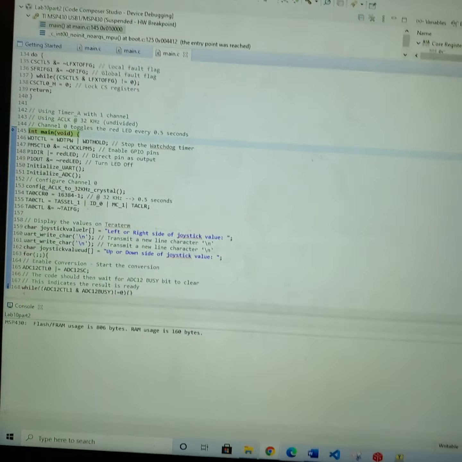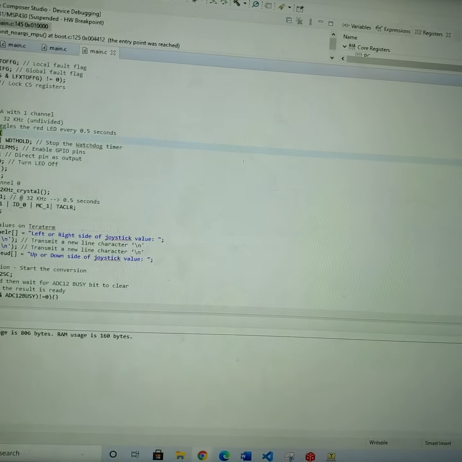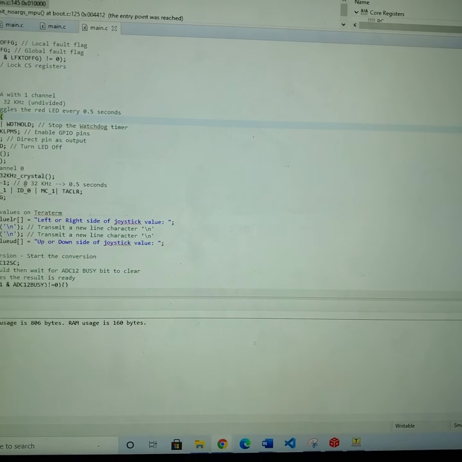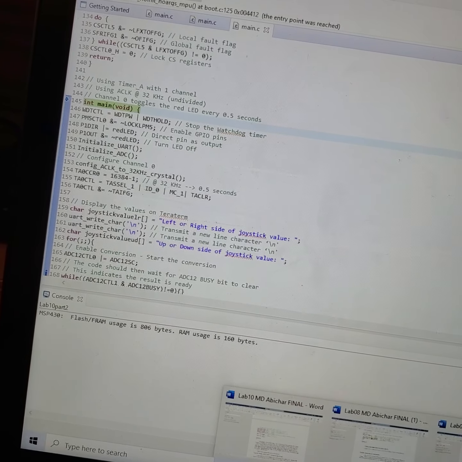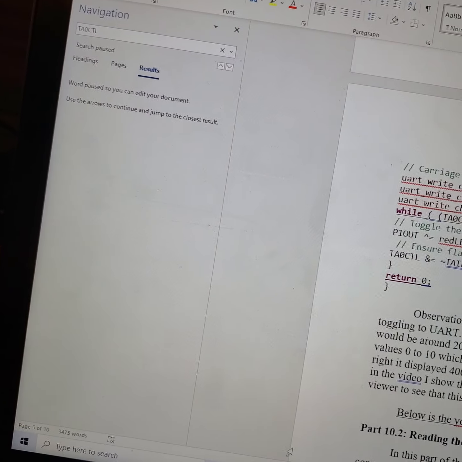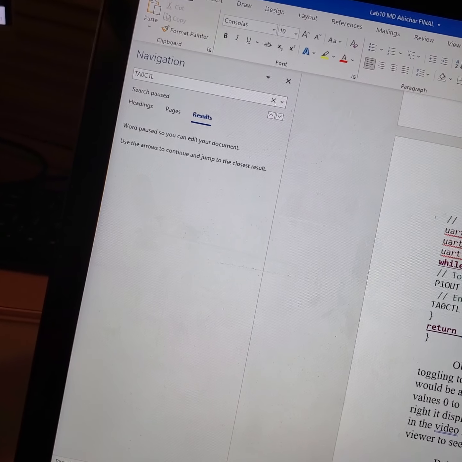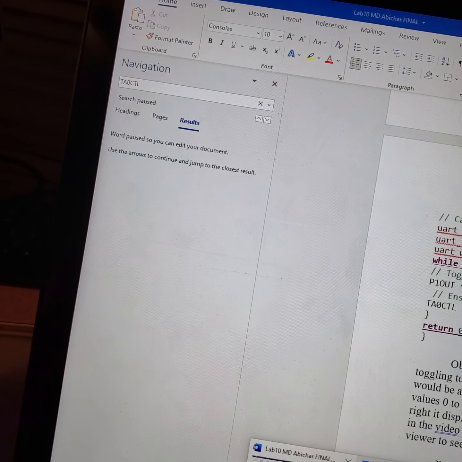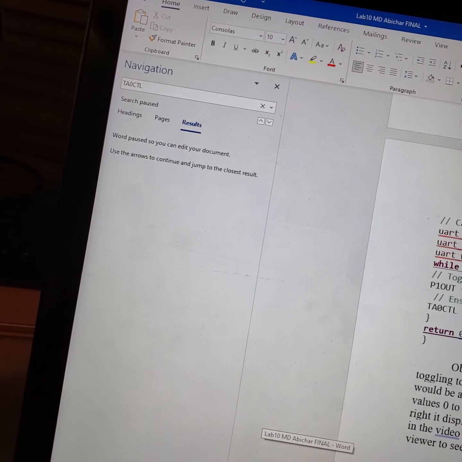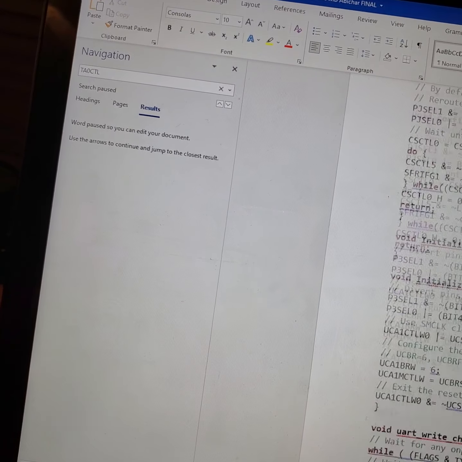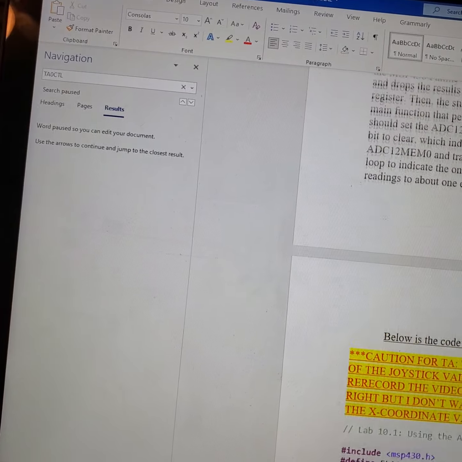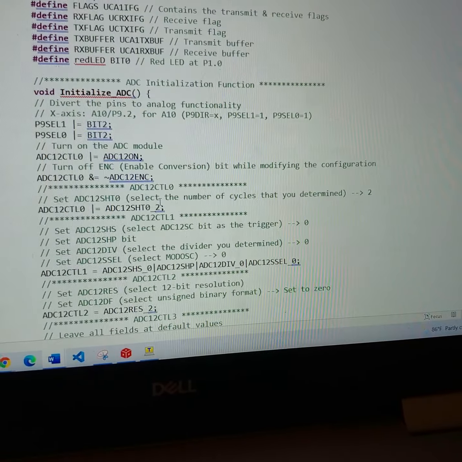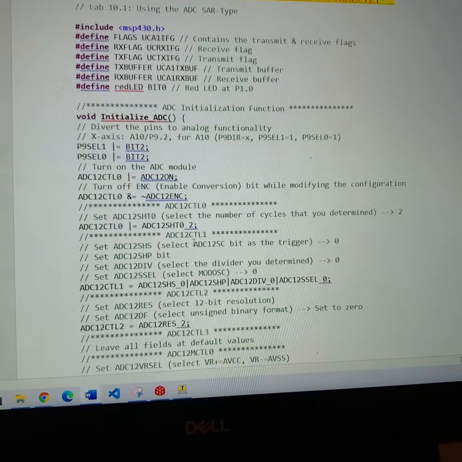So I've already, actually before I debug the code, this is for the TA. I put it in my lab report, but, is it in here? Oh yeah. But where is it? When I was doing the actual